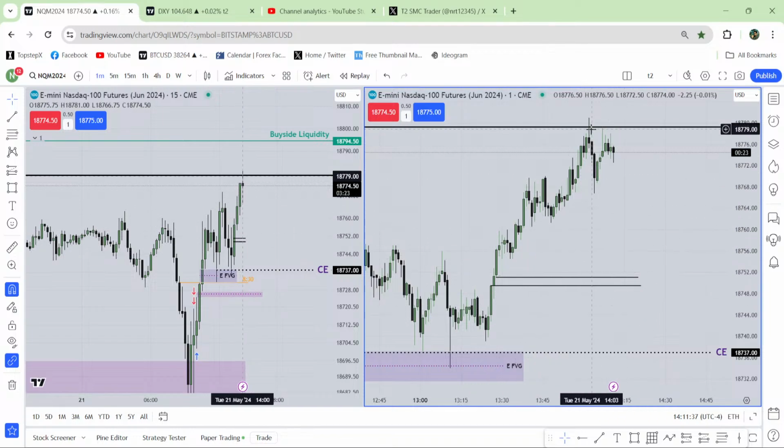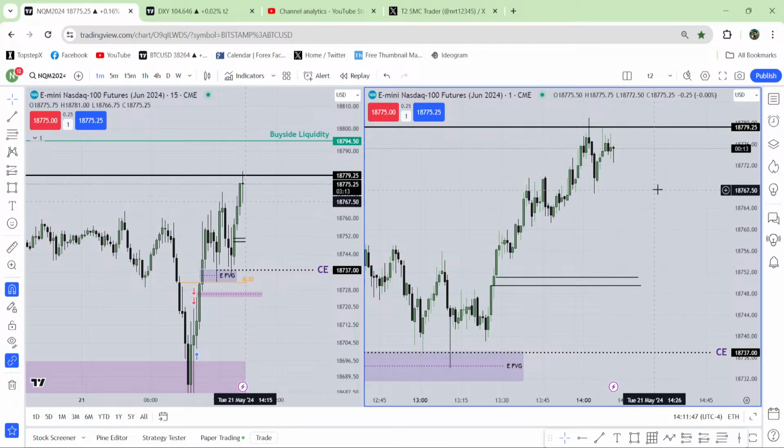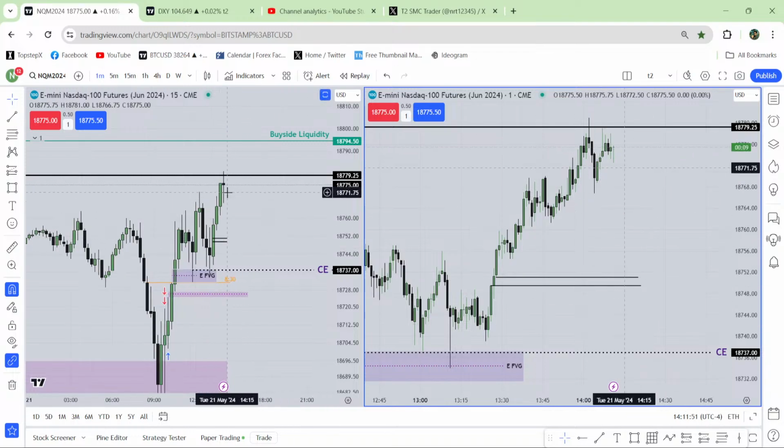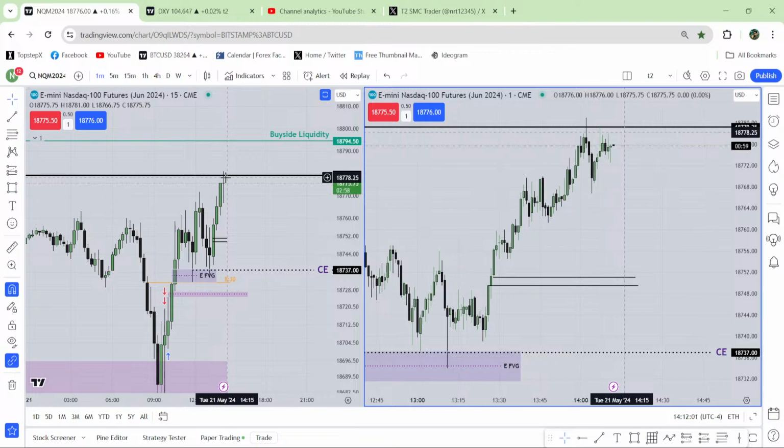Because after a move, when market has reached some kind of certain level, most of the time it consolidates. So if you want to wait until 2:30, I believe that you will get some better price action. And don't forget about that candle, very small body with a longer wick. That is also a sign of a consolidation. So keep that in your mind, okay?